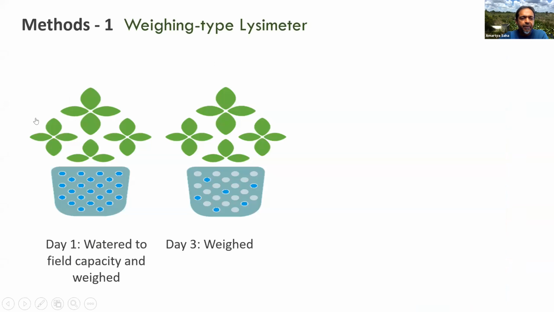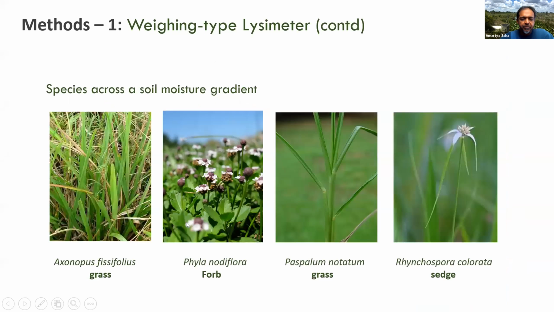So the first type of lysimeter we designed was the weighing type lysimeter. It's a pot that is watered to fill capacity and weighed. And then a few days later, it's weighed again. And the difference in the weight